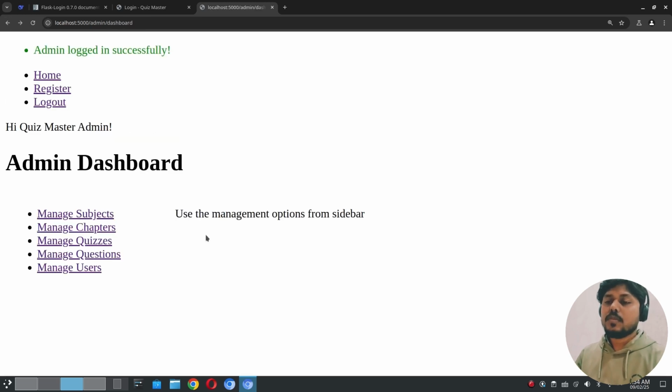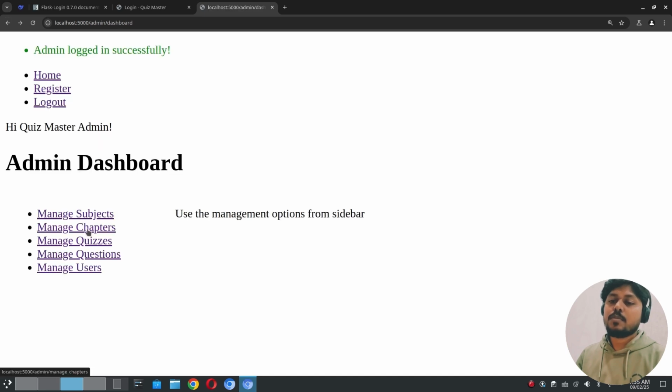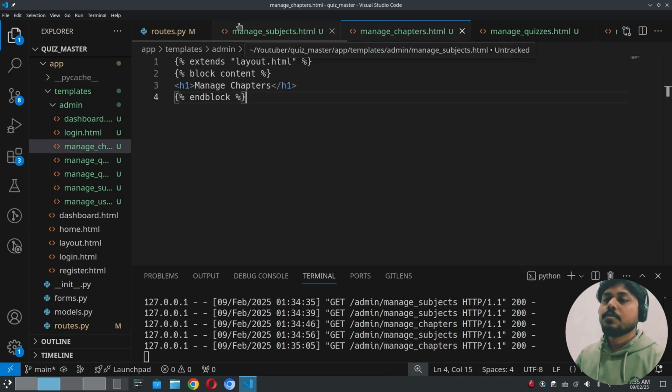So just add a basic functionality to list the data for all these entities. Like in the subjects, we can list all the subjects fetched from the database. Similarly for the chapters, and then the quizzes, questions, and users. So create a basic functionality. Okay, so first